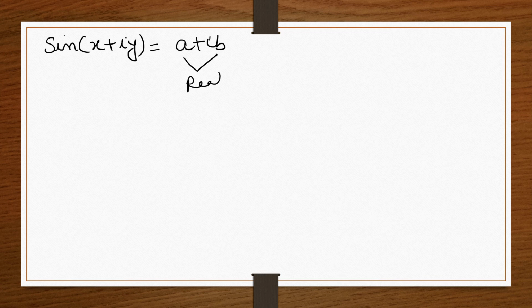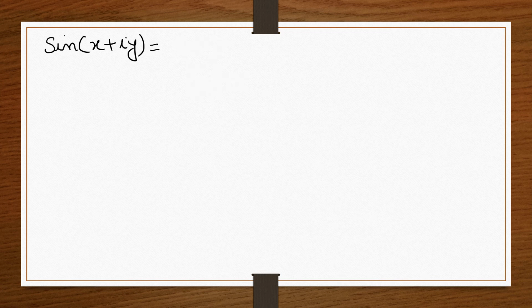So what is my first question? The first question is, separate the real and imaginary parts of sin(x plus iota y). If I ask you the real and imaginary part of this, as such you cannot decide, because first of all we have to convert it to the form a plus iota b, where a and b both are real numbers, right? Then how will we do this?